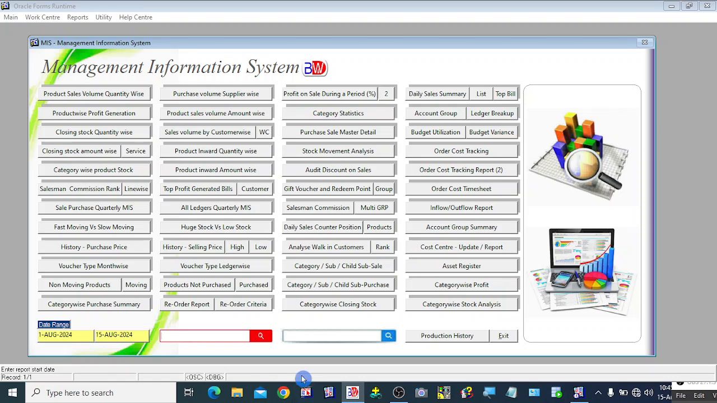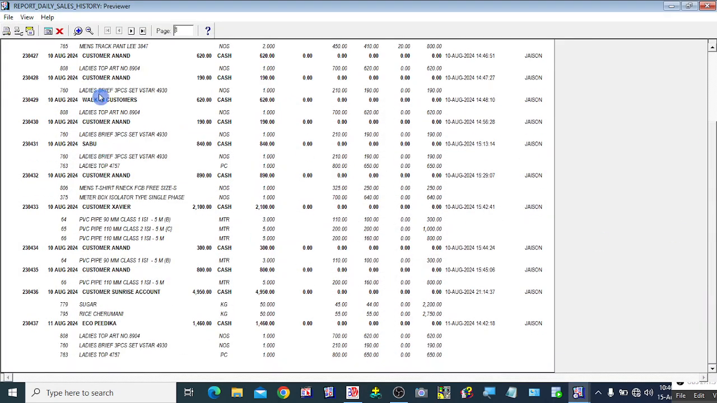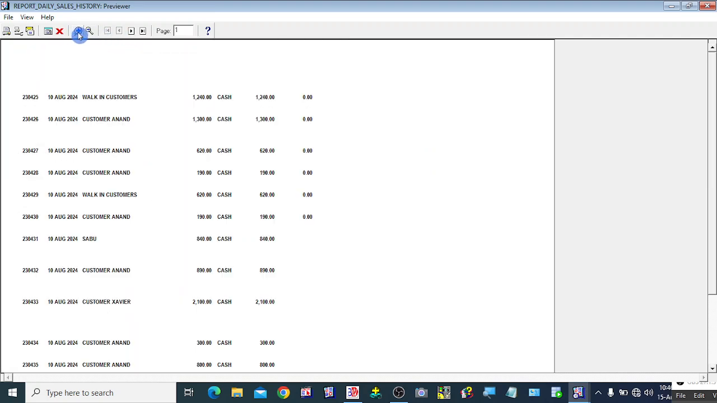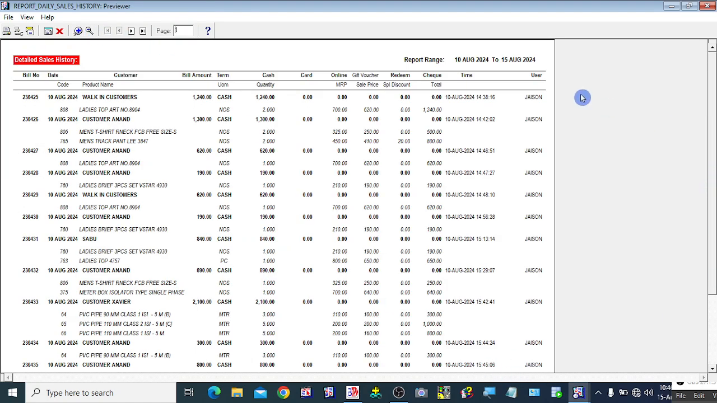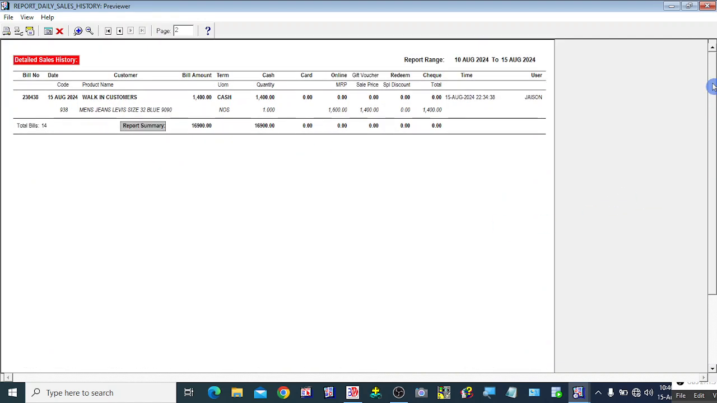If you want a weekly report, change the date range and click on the products. Here we can see the report range is 10th August to 15th August. Here we can see the bill number, to which customer we have sold this product, what is the bill amount, what is the payment method, what are the products we have sold. All such information we can generate, and this report is very useful for the owners of the company